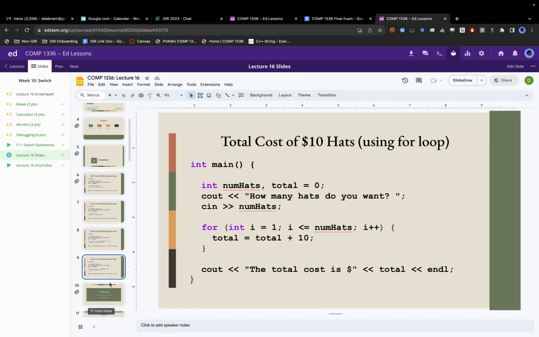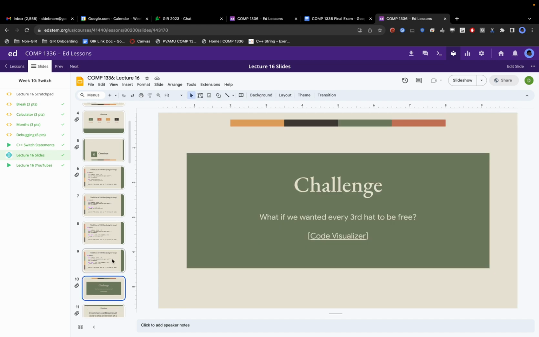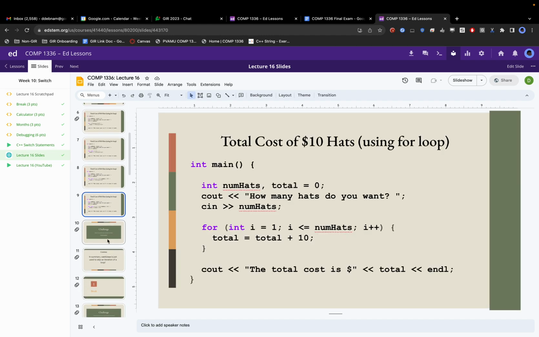But the caveat was, what if I want every third hat to be free? So hat number 3 should be free. Let's say in this case, they want 10 hats, right? Hat number 3, hat number 6, and hat number 9 should be free. So if at any point